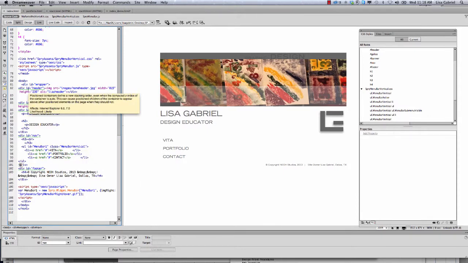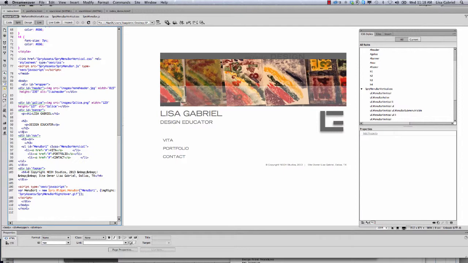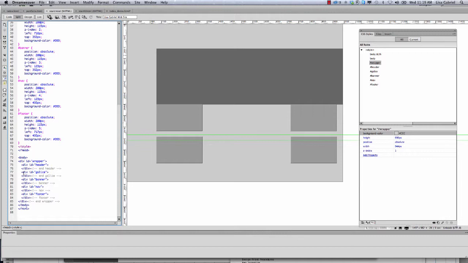You can see, I didn't label mine because I work a little bit differently than how I'm instructing here, because I know how to work with the code, but you can see there's all these divisions here and you can lose sight of what goes with what. So as you're beginning to learn this, the best thing to do is, before you start populating your content and creating Spry and doing galleries and all of this other stuff, label these end division tags so that when these start spreading out, you know what goes with what. So what I would suggest is that you do the following